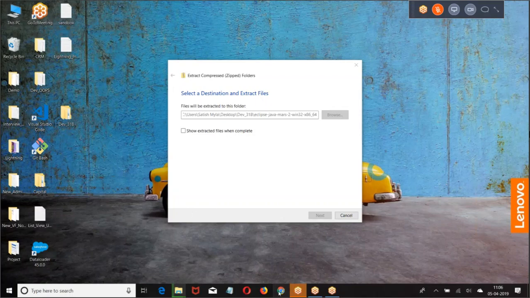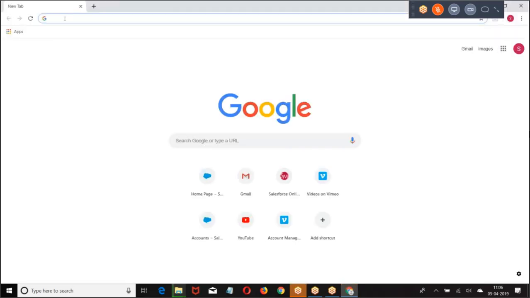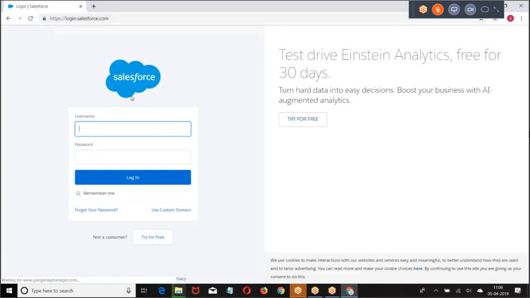When you want to deploy using ANT, the first thing that we need to do is download the ANT migration tool. How do you download the ANT migration tool?